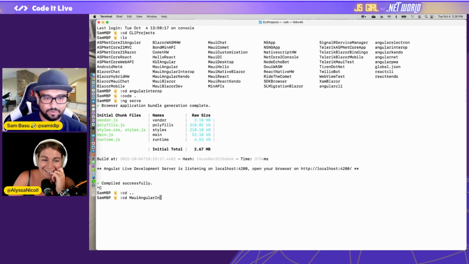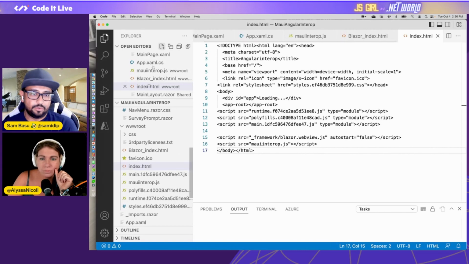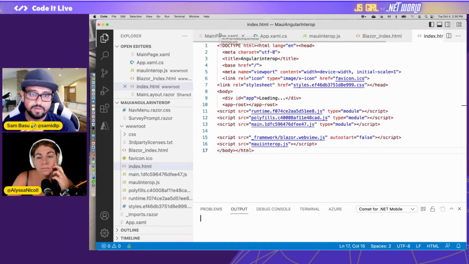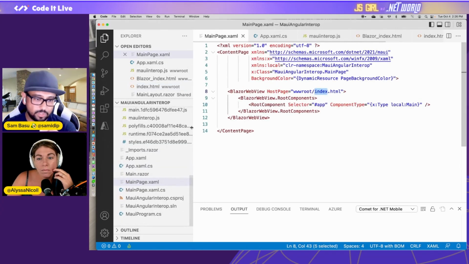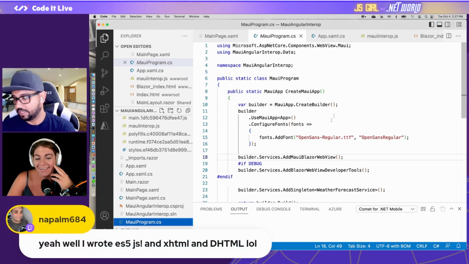All right, so now I have another project here that's called Maui Angular Interop, right? And now let's open up this one. So now this is a .NET MAUI project. So this is all native, nothing web about this. So you can see Maui program.cs does its normal Maui thing of initializing the